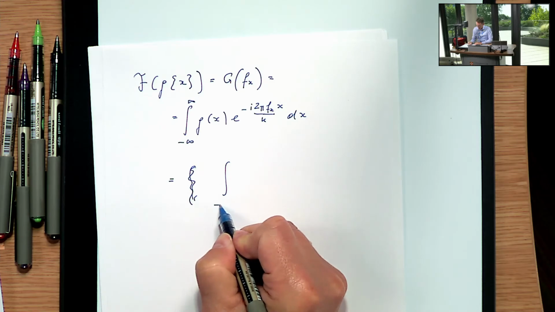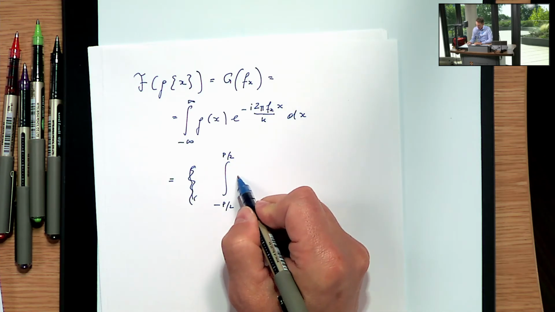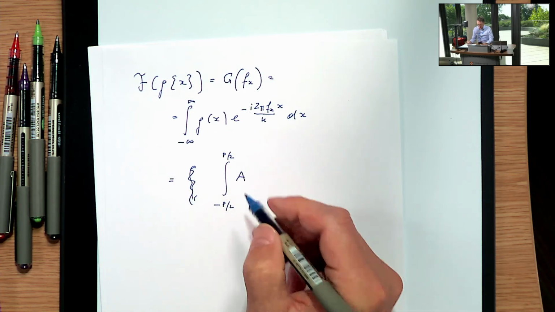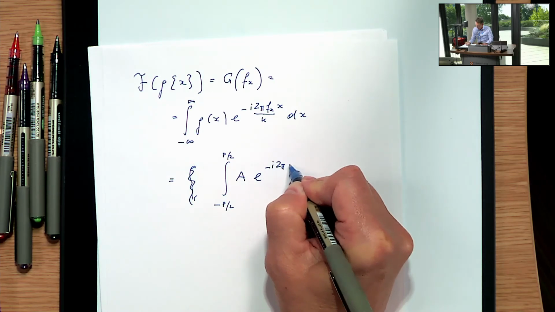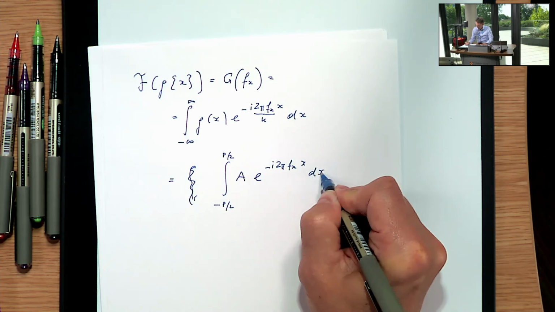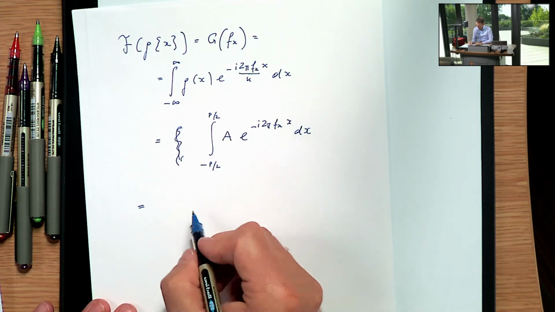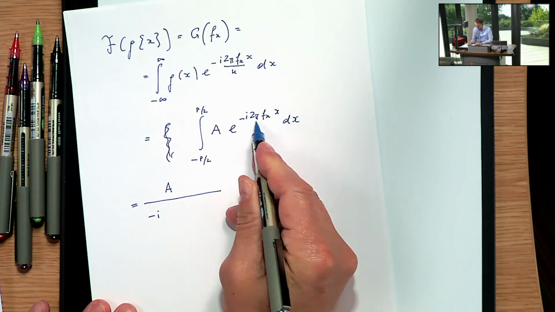So the integral is from minus p over 2 to p over 2, because it's 0 outside. Then g of x is a over that distance. And then I do this e to the minus i 2 pi fx times x dx. And that is equal to, so if I take this out, that's a over minus i 2 pi fx